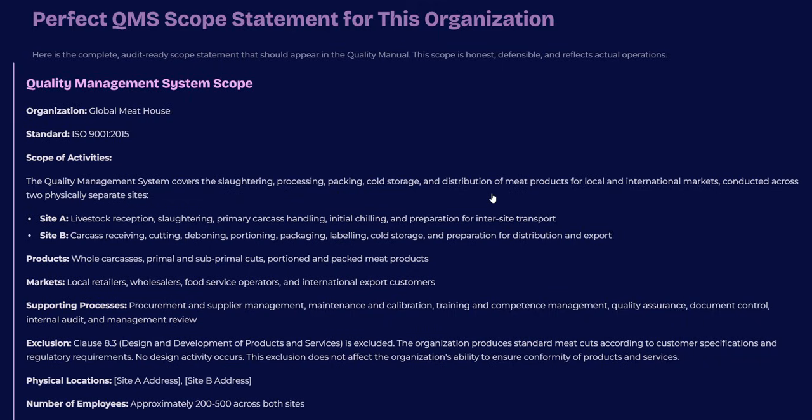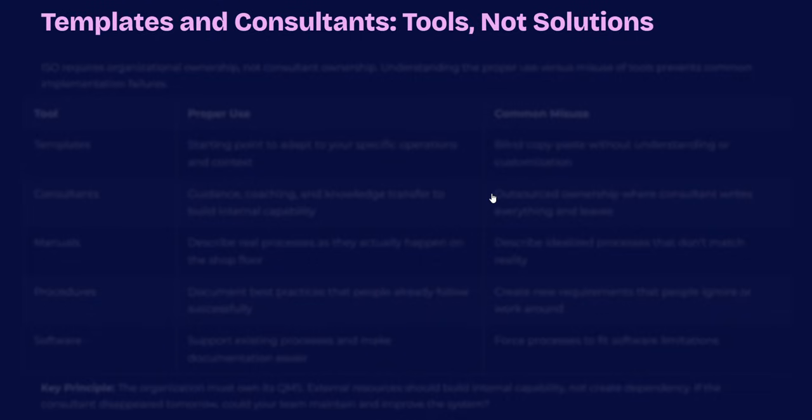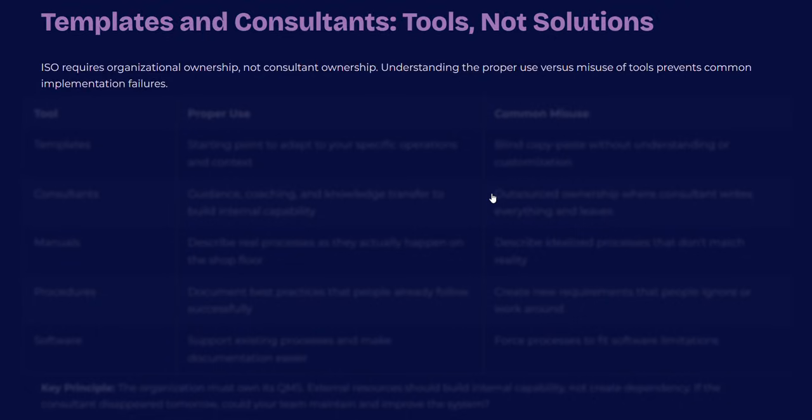So this is how you write the perfect scope. Template and consultant tools. Let's discuss why they make organizations fail and how to use them correctly. Actually, ISO 9001